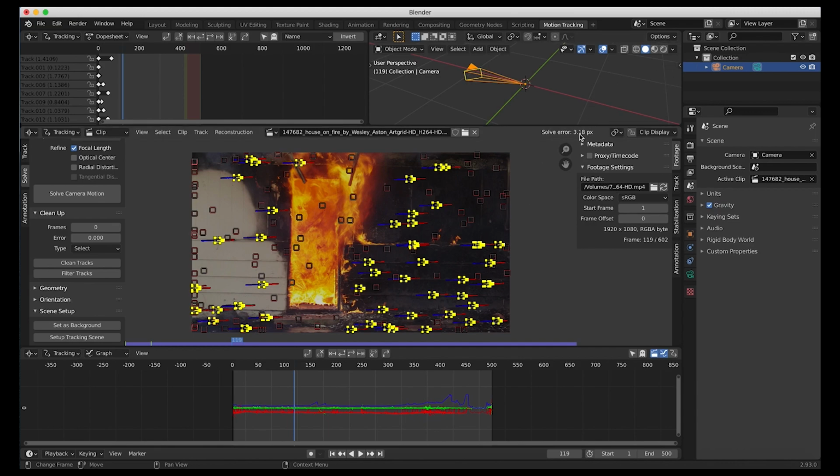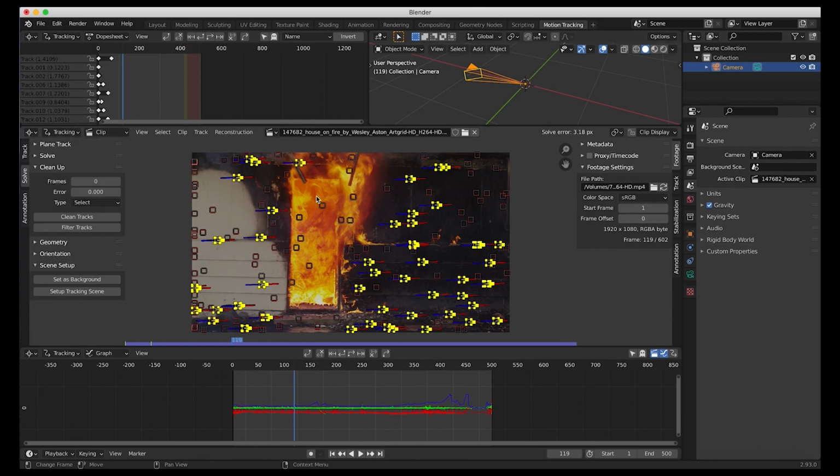Feel free to repeat this process if you're going for a little bit more precise look. Try to get it below 1, I would say, but it's pretty much just the same process repeated over and over. So now that we've tracked our camera, I'm going to go to our scene setup panel here in our